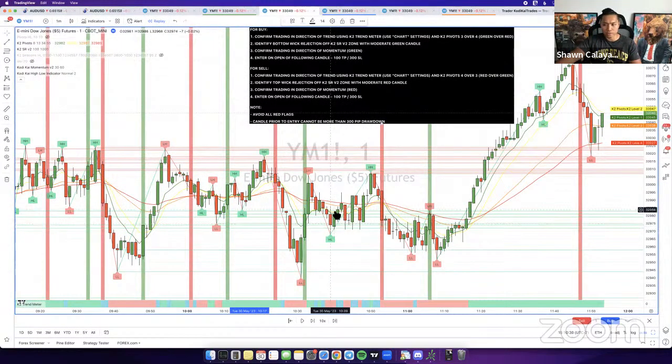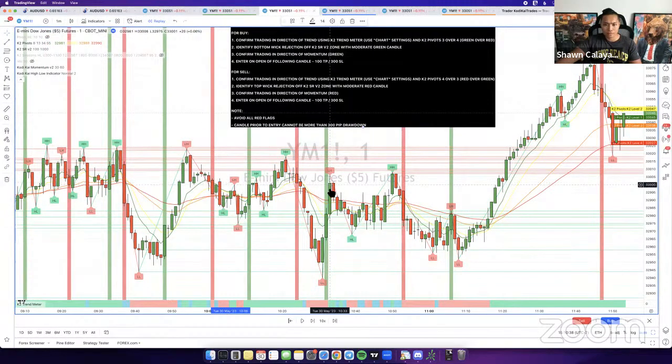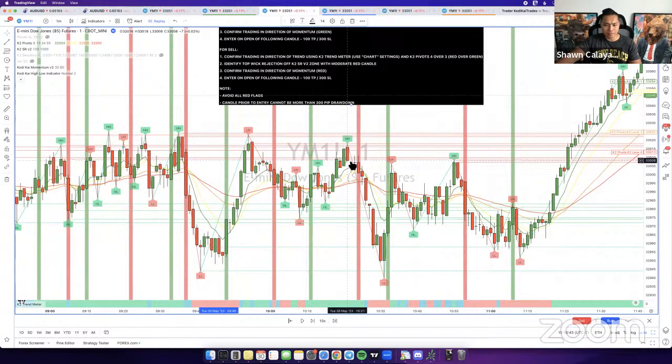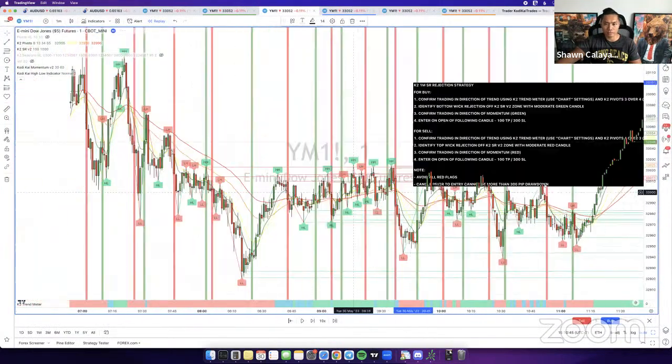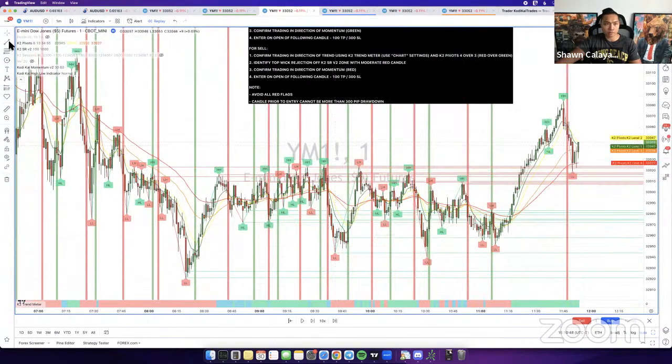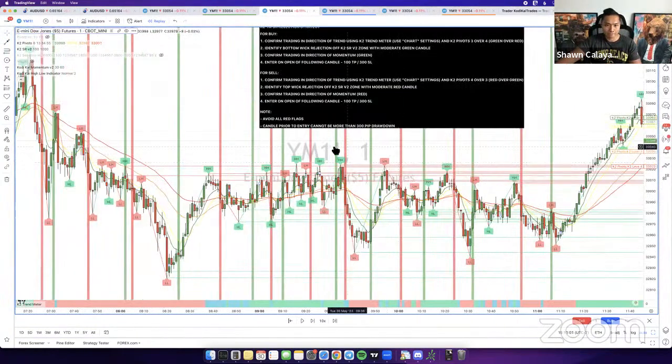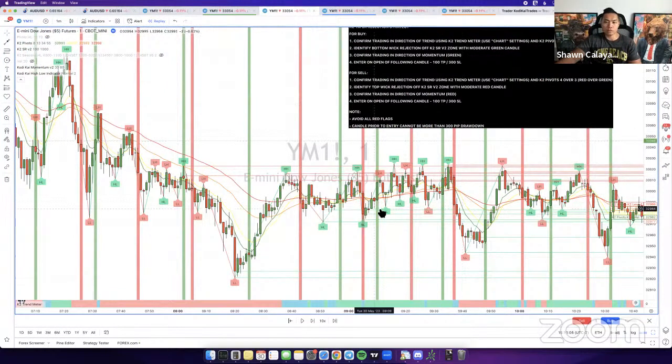This strategy works good during ranging markets, but not necessarily consolidating markets, because you can see it a lot better here if I zoom out. Price was just going sideways the entire day. So you wouldn't even be applying this during this type of market. You want it to be ranging, but you want it to be a wide enough range that there'll be entries. Let me see if there's anything here. I don't think there was though, because price wasn't even going anywhere pretty much the whole day.